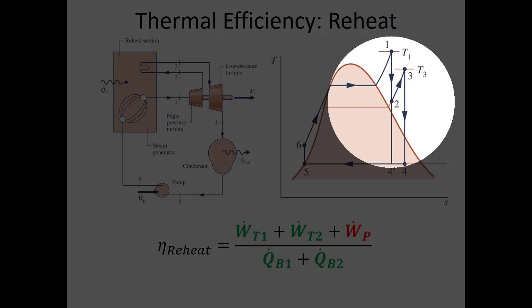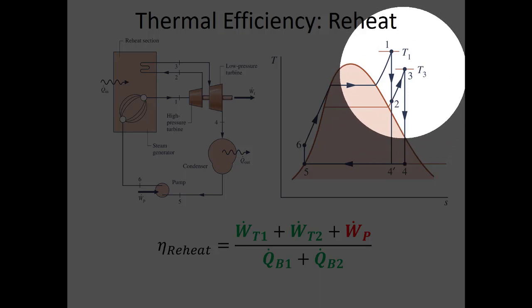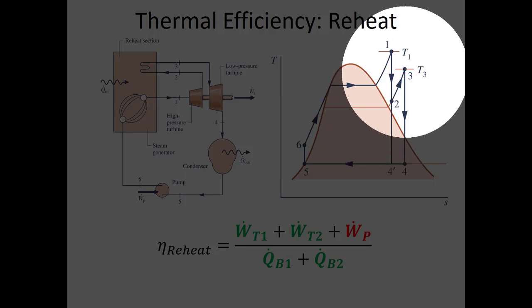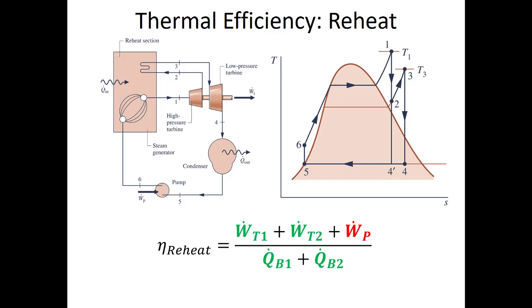But in between the outlet of the first turbine and the inlet of the second turbine, we heat this fluid back up. We add more enthalpy by increasing the temperature. Just like in the boiler or the steam generator, we're going to assume that that happens at constant pressure, right? Or at least that's kind of how it's drawn in this particular case.